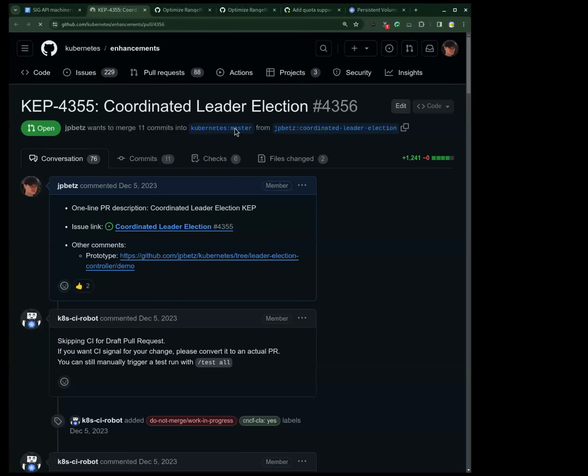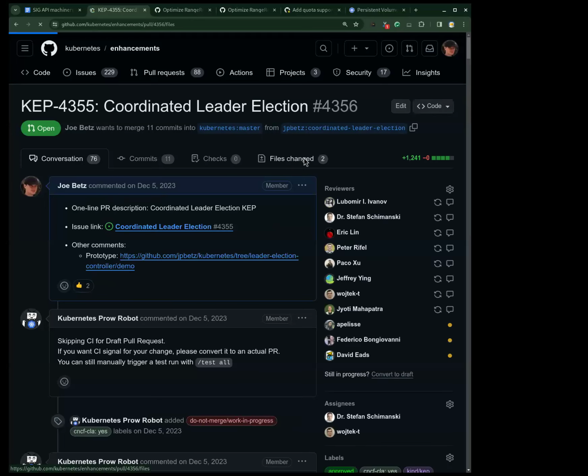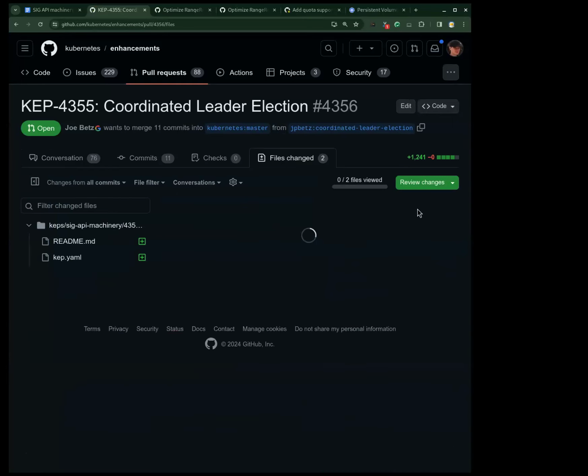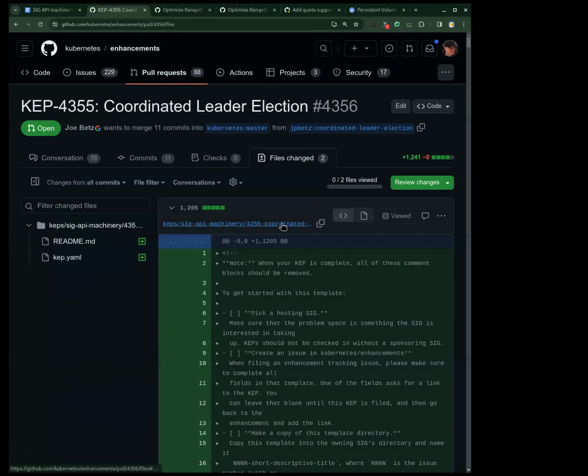So I just briefly wanted to talk about this cap and bring some more awareness. The current leader election mechanism in Kubernetes works in a way such that components such as kube controller manager, kube scheduler, etc. race for a lease to determine a leader.